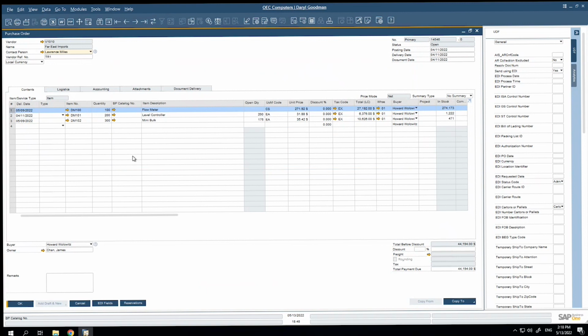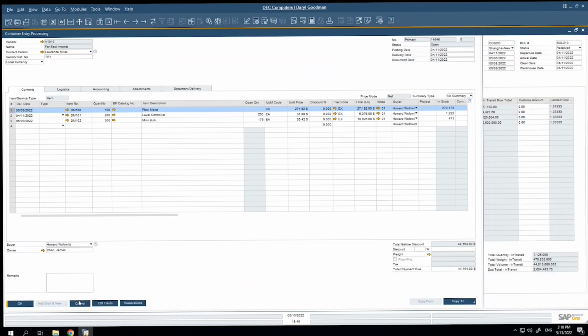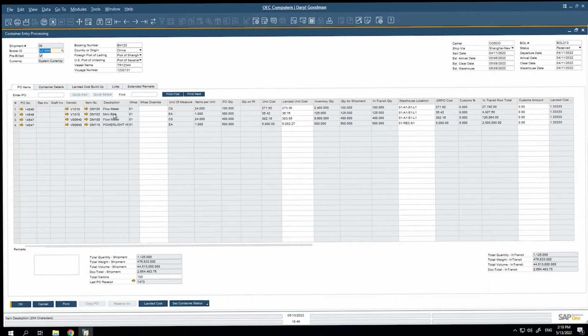Now, what's nice about the way that container management works is that when you have this container, any changes that are made in terms of the receiving date or anything else along those lines, the system has the ability to go back and update the purchase orders as well. So you only have to make the change once, and it will go back and update all of the impacted purchase orders. Keeping in mind that this will also update SAP's available to promise,